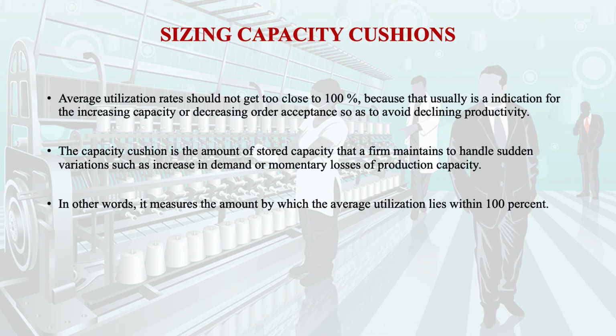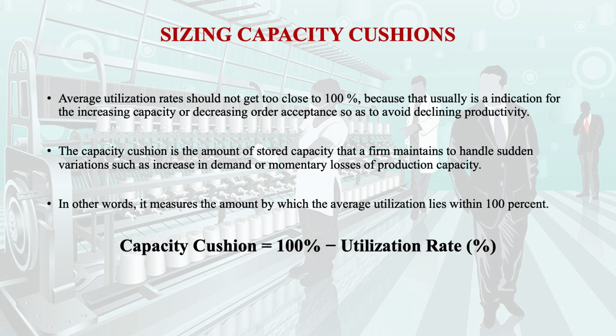In other words, when we are measuring the capacity cushion, we can define it as the amount by which the average utilization falls below 100%. Therefore, if we want to mathematically represent the capacity cushion, it is equal to 100% minus the utilization rate in percentage. If we talk about the history of this particular attribute,